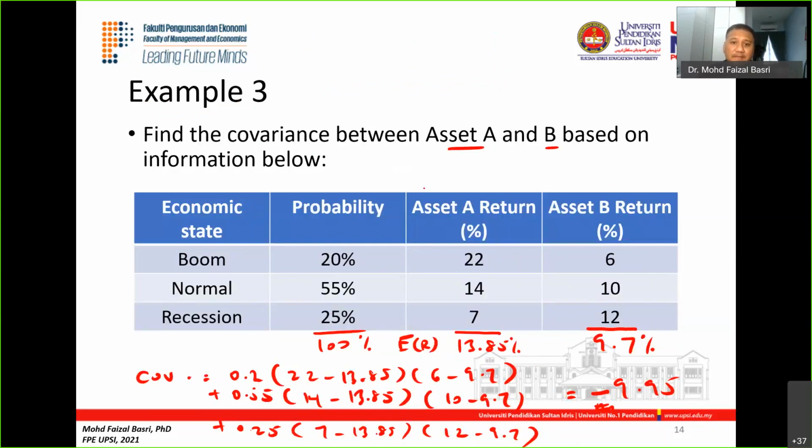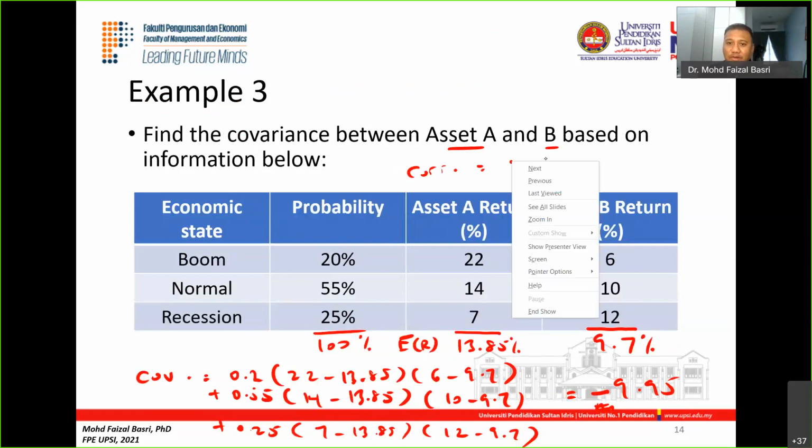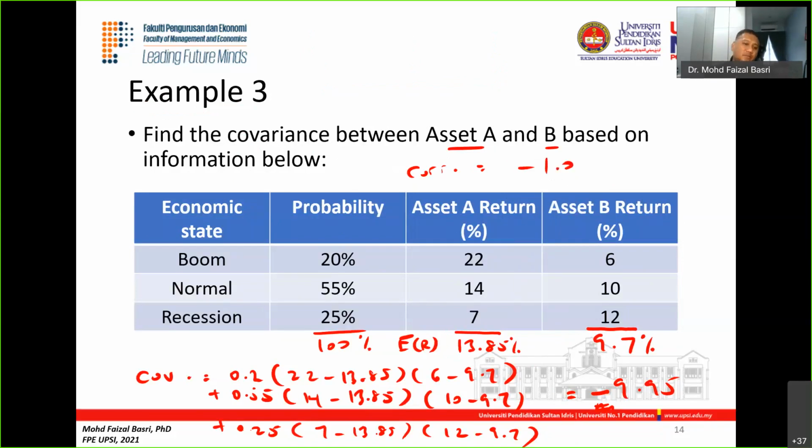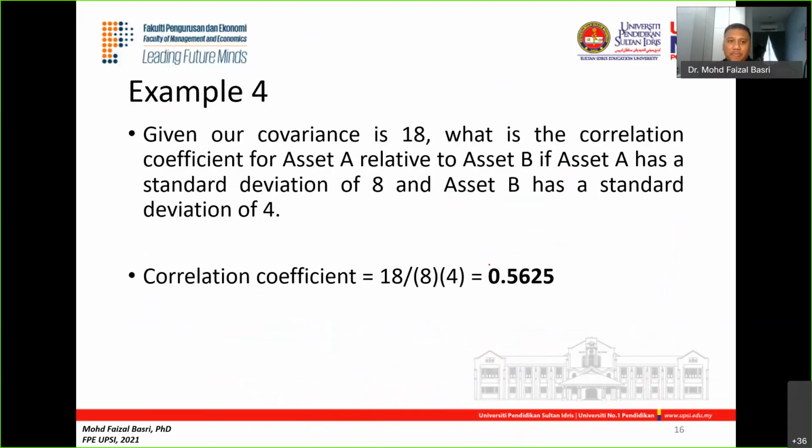But my gut feeling says that the correlation of this example 3 will be -1.0, because it's a very strong relationship, which indicates that they move in different directions. Later you can try to calculate the correlation. You have the covariance already, -9.95, so what you need to do is find the standard deviation of A and of B. But to illustrate how to measure the correlation,